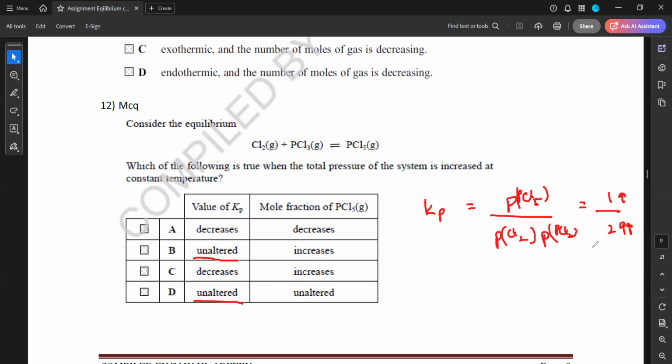The total mole fraction will decrease because the denominator is more, but they are not asking about the mole fraction overall, they are only asking for the mole fraction of PCl5. So when we increase the pressure, the mole fraction of PCl5 will increase. The mole fraction for this one is increasing and the mole fraction for this also increasing. But the overall mole fraction, if this was a question and no specific substance was mentioned,